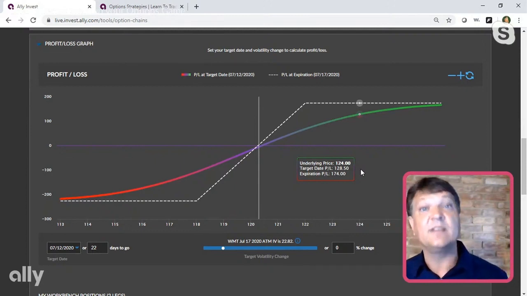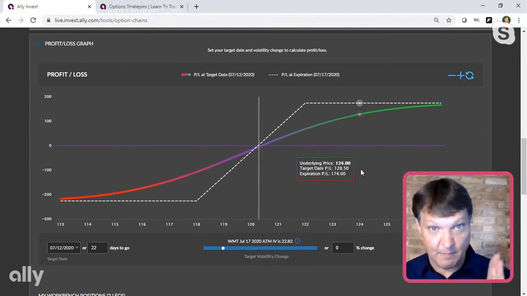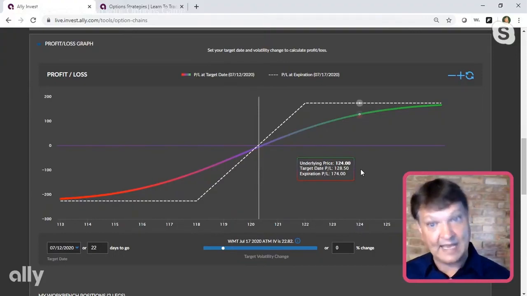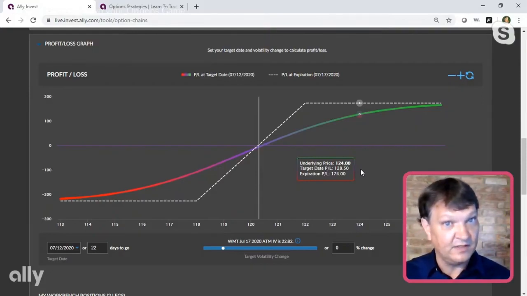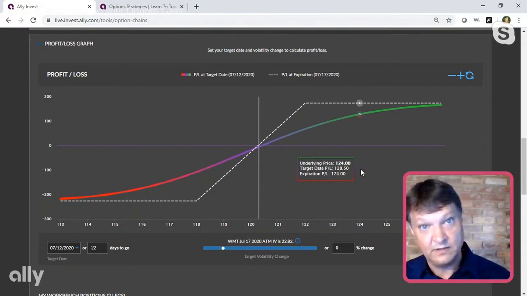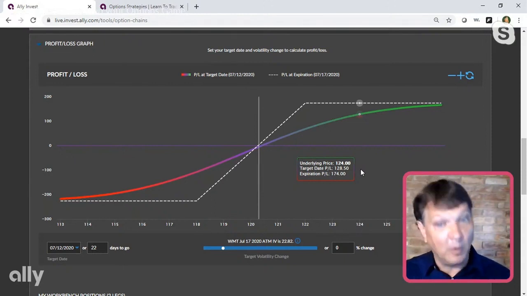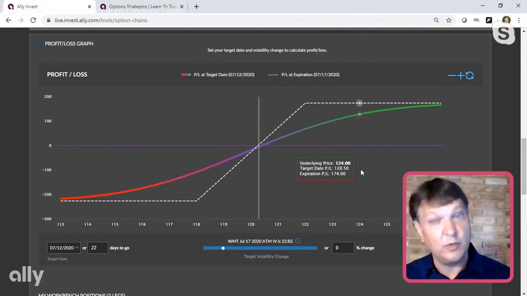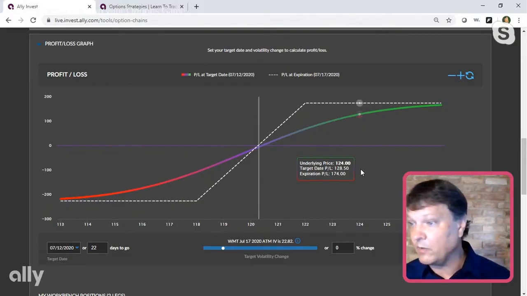If that is the case, they will exercise and buy your call, buy your stock, and then they'll turn around and sell it. It'll be one transaction. And here's the good thing. In the options world, if this is the case, you do not have to have that capital in your account to do that trade. All right. They will buy the option via exercise on the lower strike call, and then you'll be obligated to sell that stock at the higher price call. So that's a great question. Thanks, Scott.